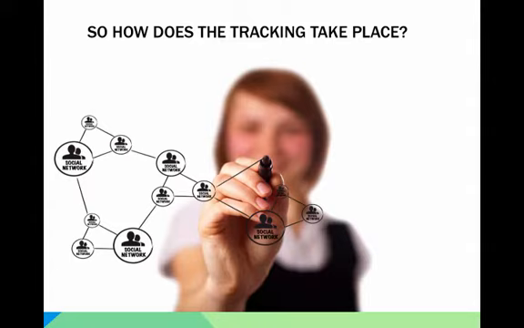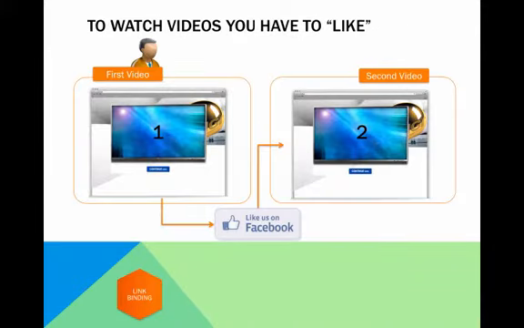So how does our tracking take place? If you were to share a link out on Facebook like the one we showed earlier, the system will track who the parent of that link is, and when somebody clicks on that link in their network and shares it out, and someone clicks on that link and shares it out, and it creates those links, the system tracks the parents of those links. By doing that, we know how to associate people with their downline. And that's an interesting concept because it's like creating a network marketing software that we overlay on top of the social networks. Now, how does that process work?